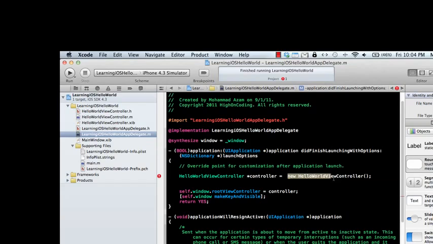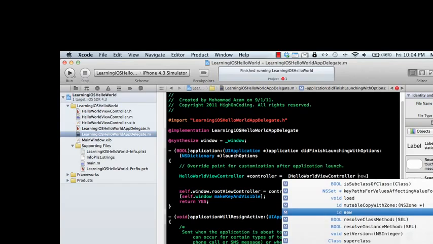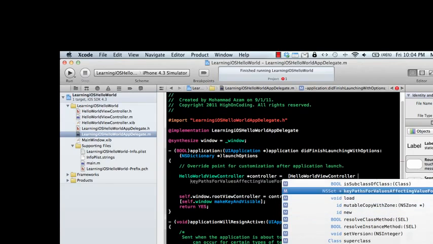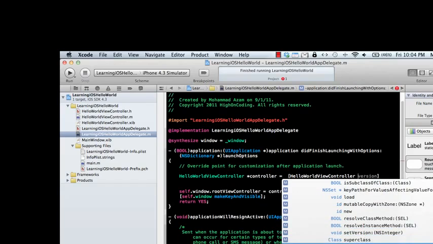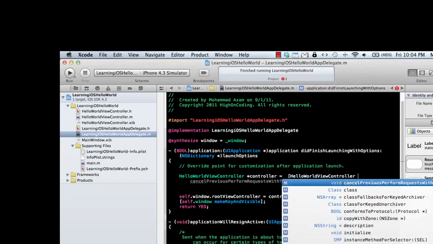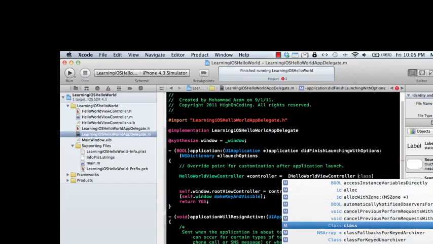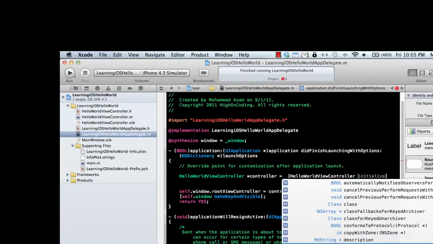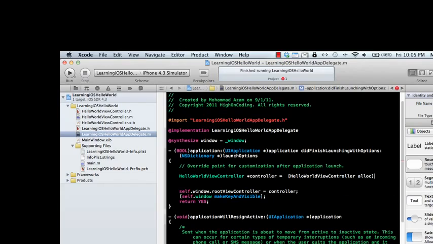So these things I have shifted a little bit, all right? Just open it in a block, and whenever you say HelloWorldViewController, and if I press escape over here, I get all the methods and all the properties, okay? Of course, declared with the methods, and I don't see any properties, but the first thing I need to do is to allocate the memory to it. So I allocate it, and it's a good idea to just put the bracket, and when you put the bracket, it automatically adds the bracket at the start, and then you say init, which means initialization,